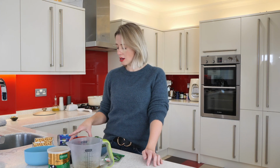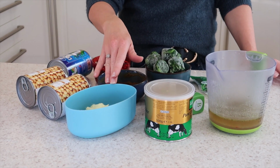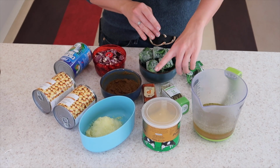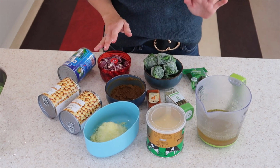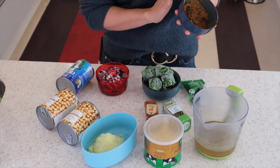The ingredients you're going to need for this meal are 1 onion, 5 cloves of garlic, 1 nub of ginger, some ghee, which is actually just an Indian version of butter. So if you don't have that, then don't worry, you can just use some butter or olive oil, completely up to you. You need 200 ml of vegetable stock, some bay leaves, some paprika, 2 tins of chickpeas, coconut milk, some coriander, some spinach, which is optional,